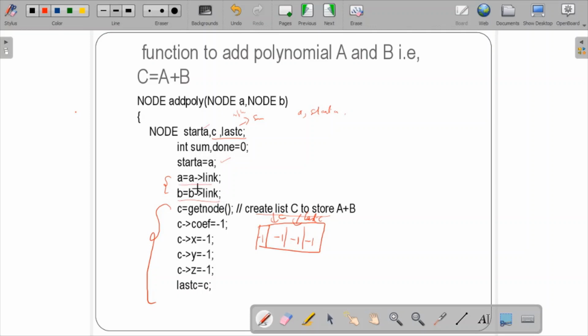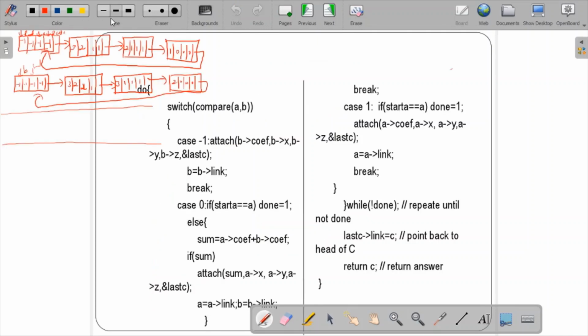So I told you in the previous slide that a is equal to a link, b is equal to b link. That means a is equal to a link and b is equal to b link. a is equal to a link means whatever is attached to this, it will point to this. b is equal to b link means it will point to this. That is nothing but here you will have a certain memory address, a is equal to a link, so that is actually pointing to this, and b is equal to b link means it is pointing over here. So you did that particular thing.